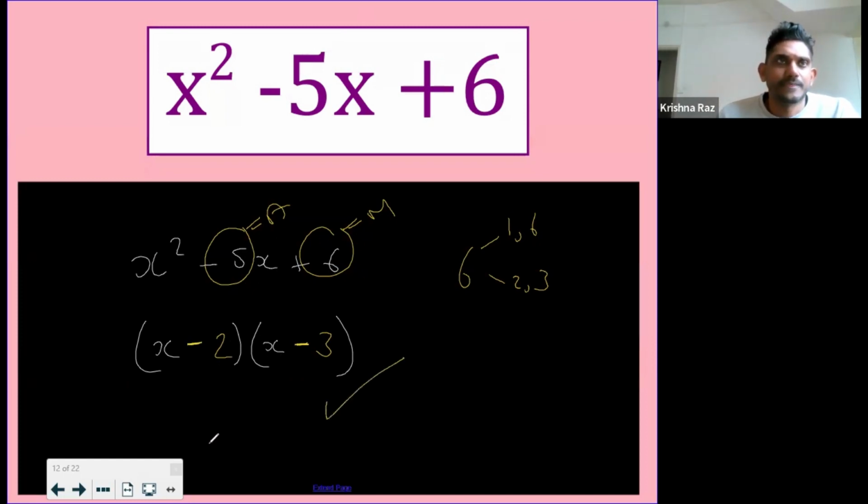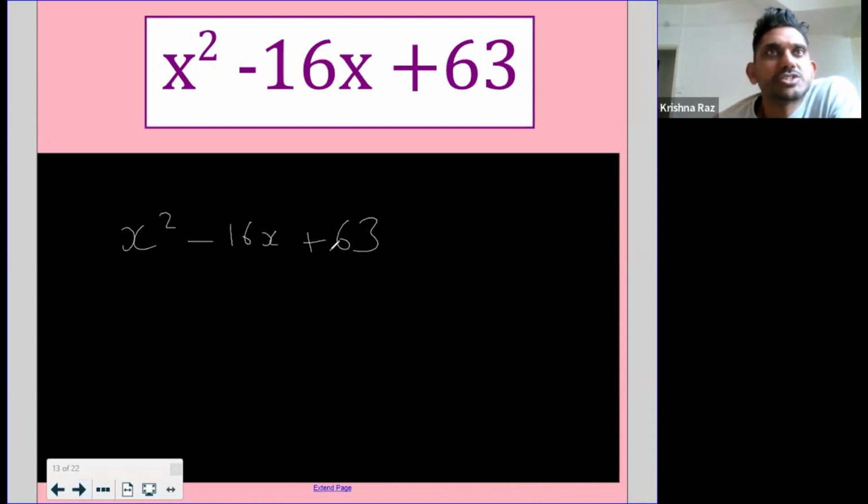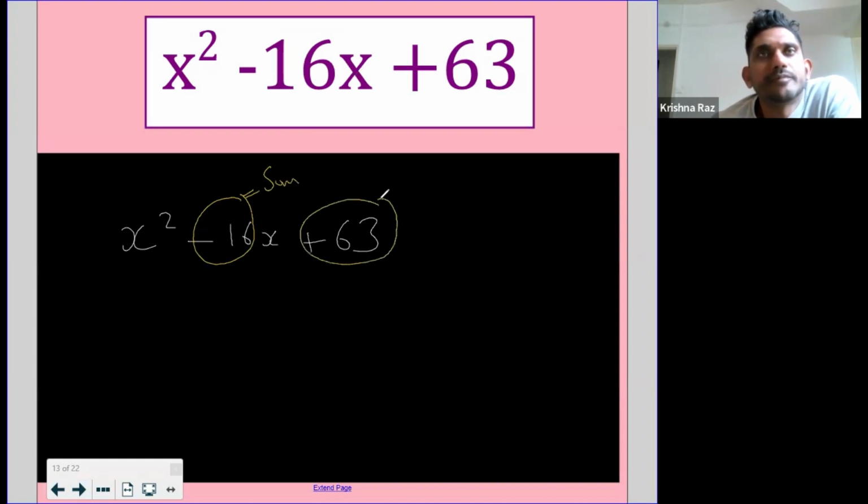Let's have a look at the last one. So now let's try this one. So I have x squared minus 16x plus 63. Let's try salt, pepper. Salt is sum. Pepper is product. So it would be double bracket